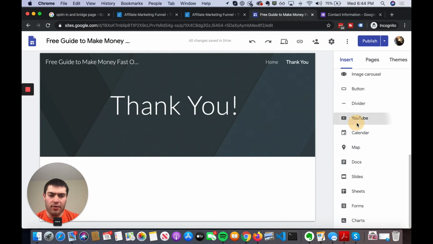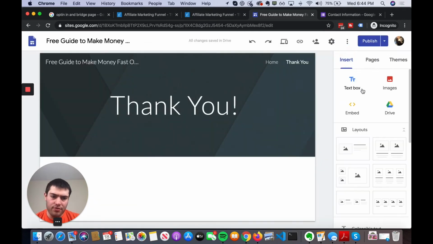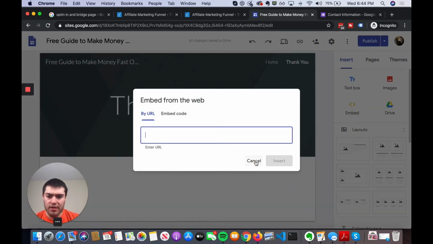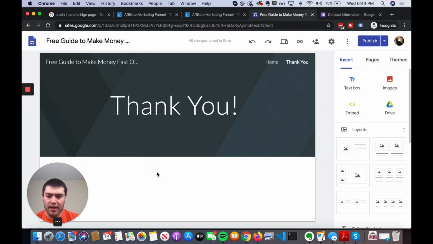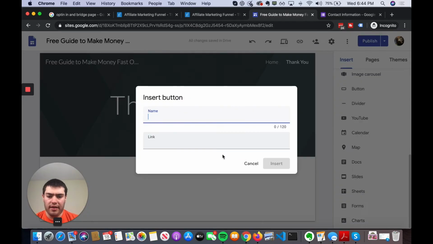You can either add an embed or add a YouTube video. If you add a YouTube video, you just have to search it or upload it. I think YouTube's the easiest to get started with, but let's just pretend that we add that embed in there and there'll be a video here. Then what you want to do is you want to click on adding a button. So you want to say,